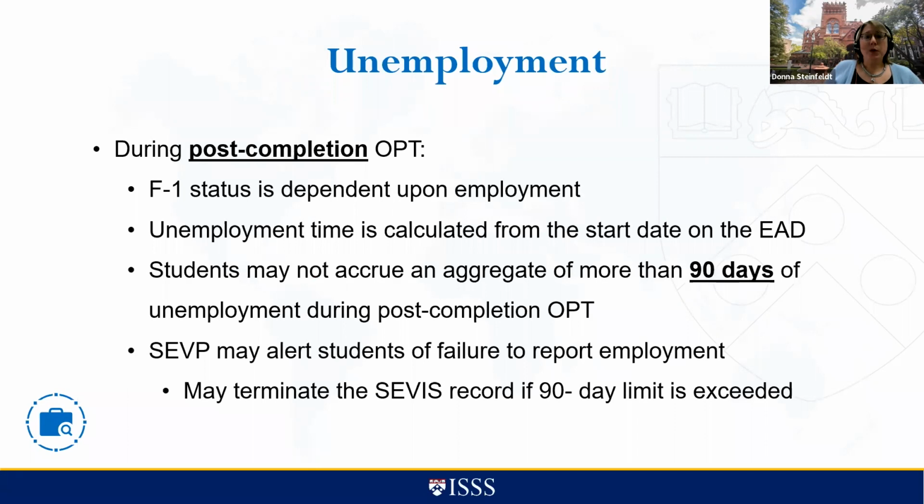And one of the most important reasons that you want to make sure that you're doing your reporting and letting us know about any jobs that you do have is you need to be concerned about unemployment time, because the F1 status is dependent on how many days that you're not working while on OPT. So once you have the EAD and that start date on that EAD is when any days that you're not working will start accumulating. So over, for example, the first 12 months, you cannot have more than 90 days of